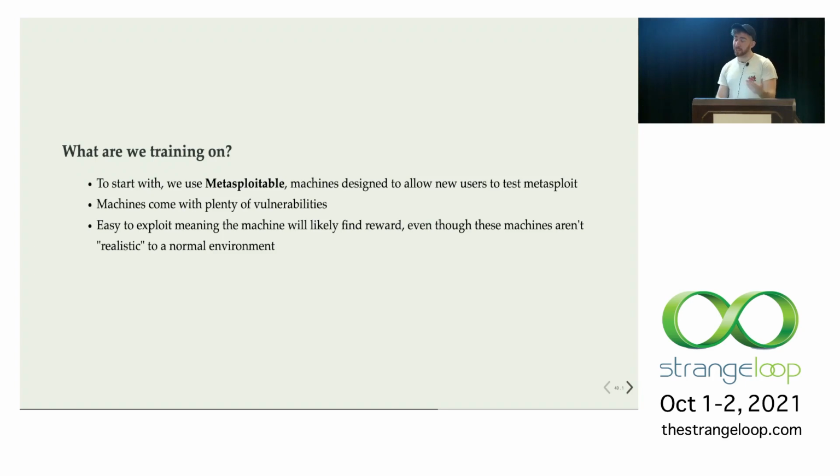They're easy to exploit, but that's good actually, because think back again to the boat example. They had to find a way to give it reward that wasn't associated with winning, because just picking random actions is not going to get you anywhere in the start. But if a machine is super exploitable, then picking random actions is more likely to lead to actual reward in the way we want it. So that's great actually.